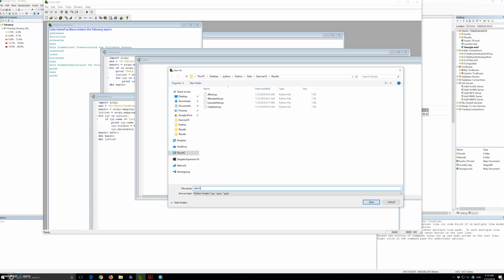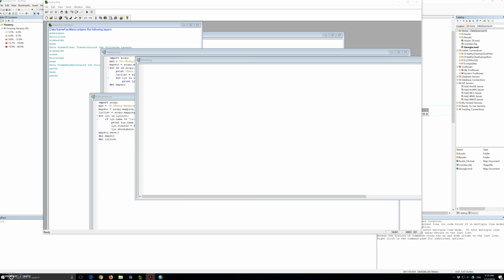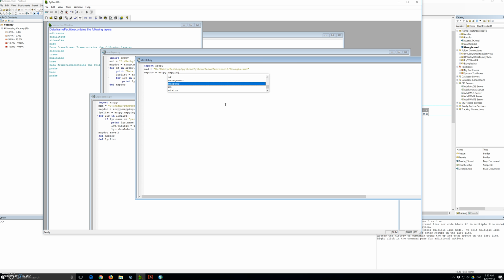Alright, element list. So I will import ArcPy and mxd equals, I'm going to put the path name, but it's not Austin anymore. It will be Georgia.mxd, and map doc. I will have arcpy.mapping.MapDocument and mxd there, and then I will have an element list